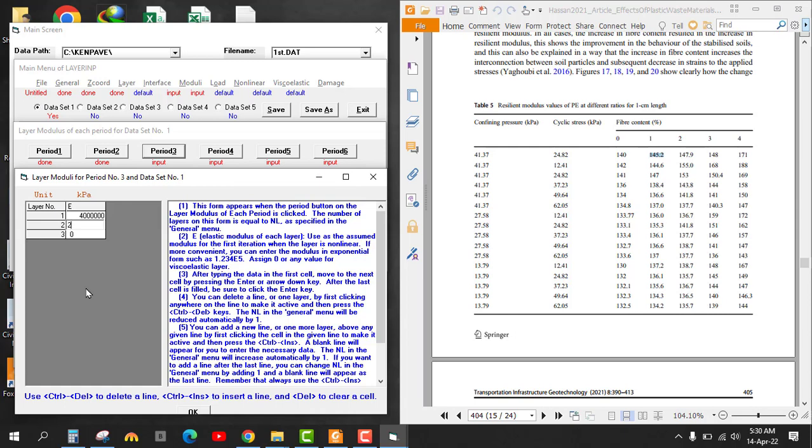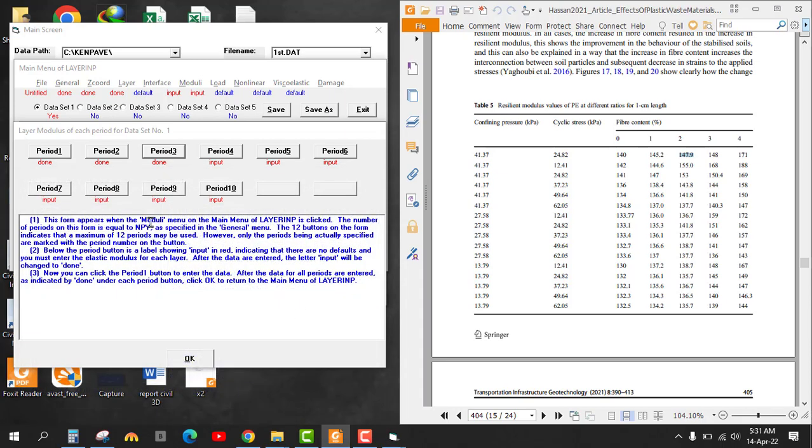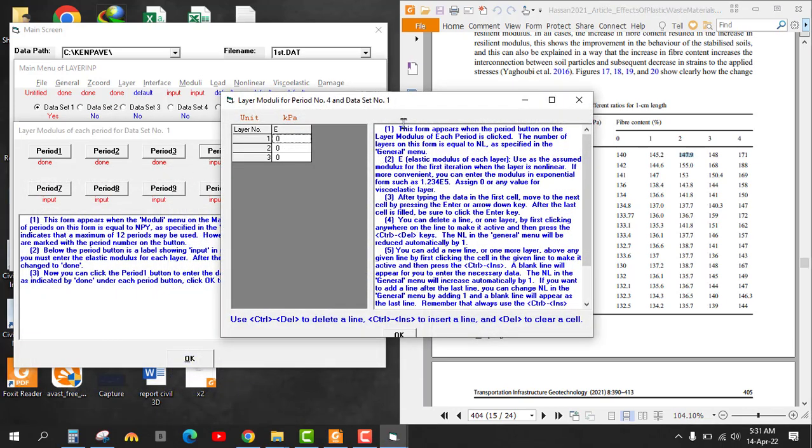So here 2 1 2 3 4 5, enter, and then we will just add this value for the resilient modulus of subgrade, that is 147.9, so 147,900, enter, OK. And then period number 4,